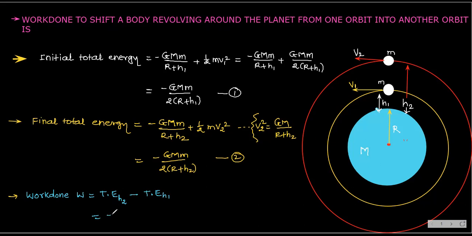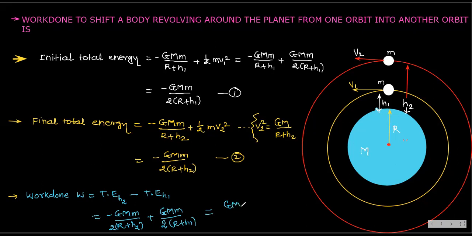If you substitute these values: minus GMm divided by 2 into (R plus h2), minus, and this minus with this minus, I am directly writing plus, GMm divided by 2 into (R plus h1). So if we solve this, we will get